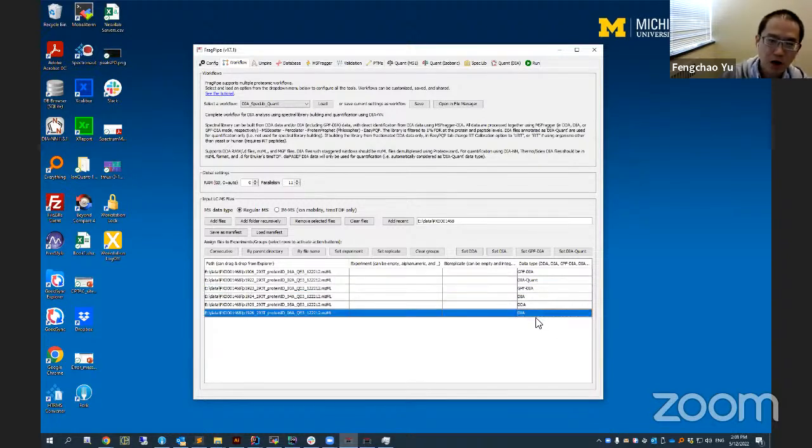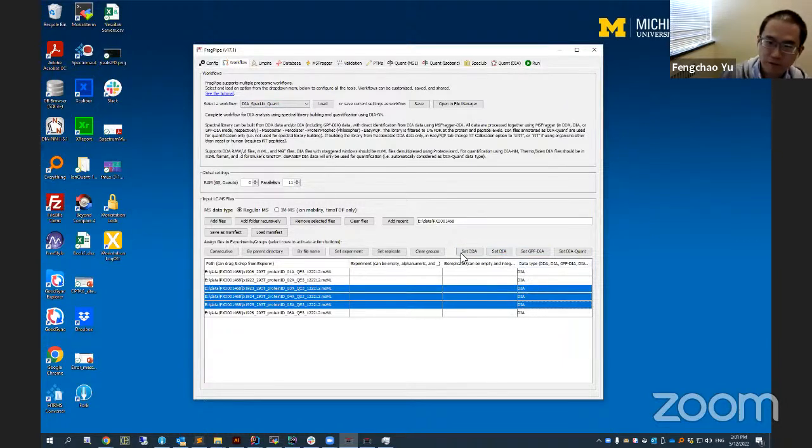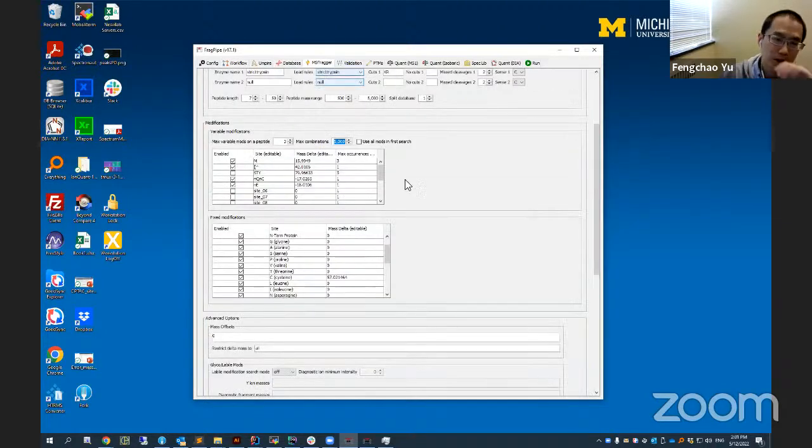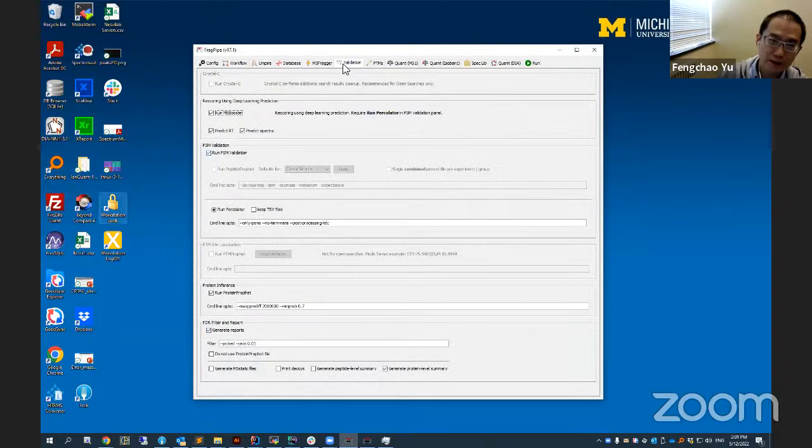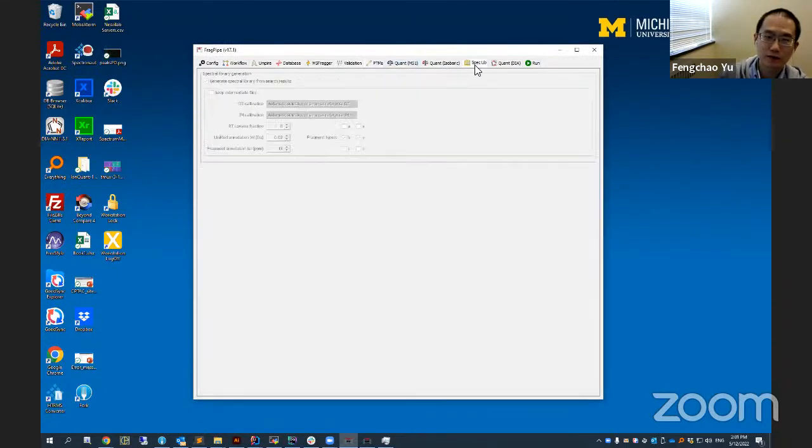Yeah. So after you specify the data types, let's make it easier. Let's do the DIA first. Then your database tab is not important. So MSFragger, there is not much you need to change for MSFragger. It will search DIA and DDA data separately, and then go to the FDR filtering, where in this page you also don't need to change anything. Then after the FDR filtering, you will have the PSMs, the peptides passing the 1% FDR. Then you send the